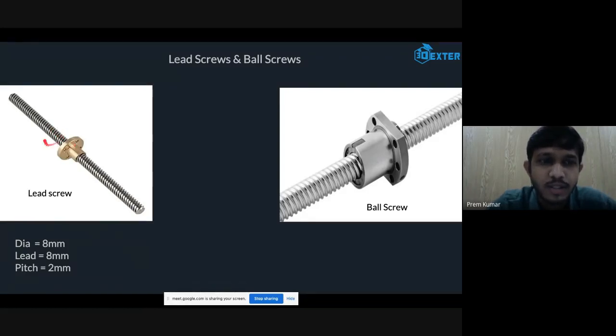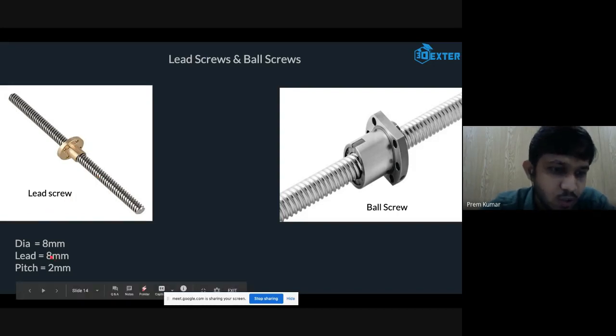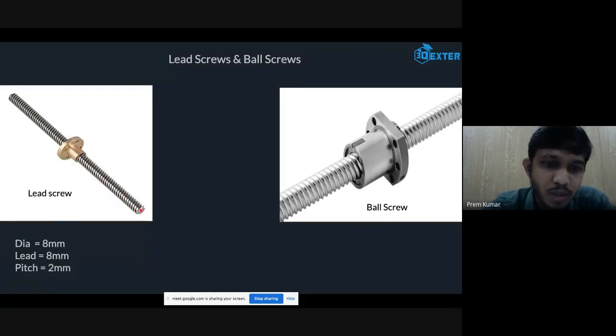So if you rotate this threaded rod 360 degrees and the nut moves 8 mm, that means an 8 mm lead. If you have a 4 mm lead, it moves only 4 mm when you turn it 360 degrees. If you look at this thread, a rod which has 8 mm diameter and 8 mm lead, the pitch might be 2. Pitch is different. On some lead screws, they make a number of threads.